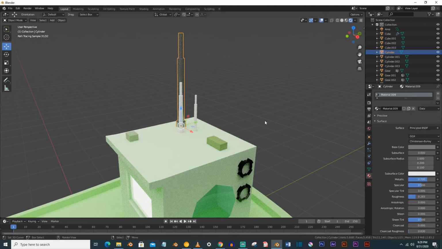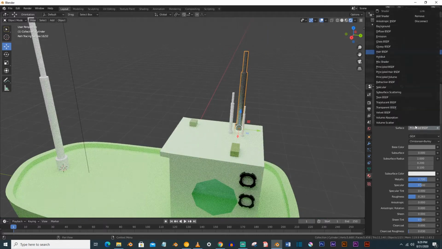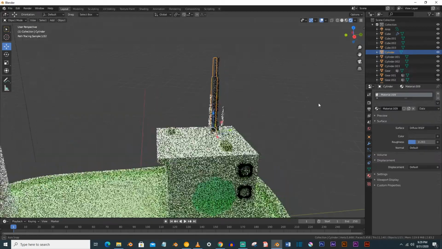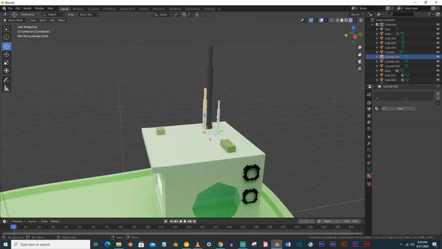And what you can also do, if you don't like the metallic color, you can go with the diffuse color and make it a color like this, and assign these also that color.